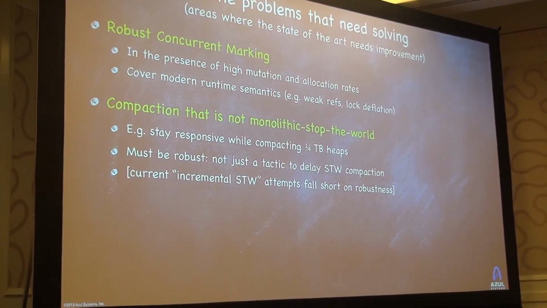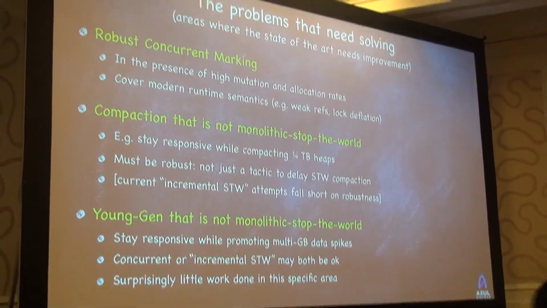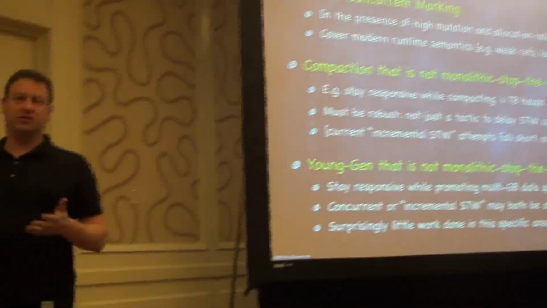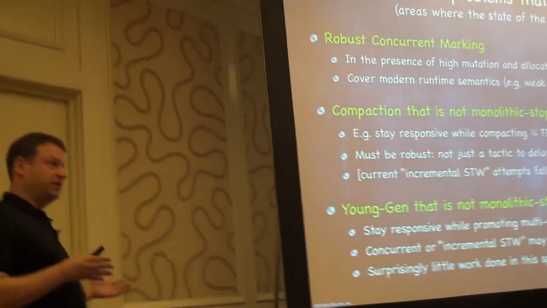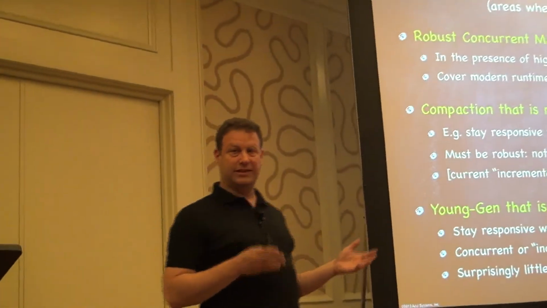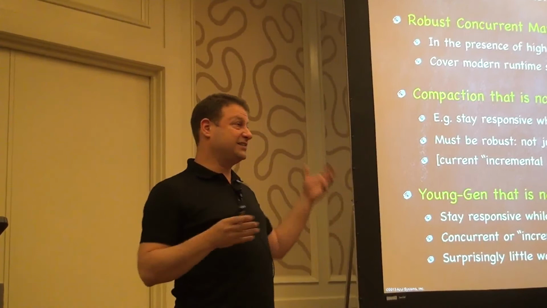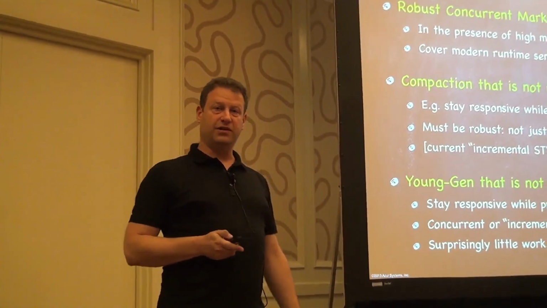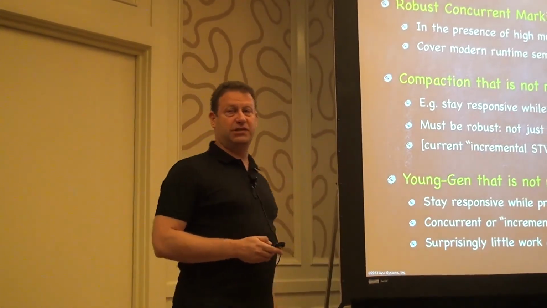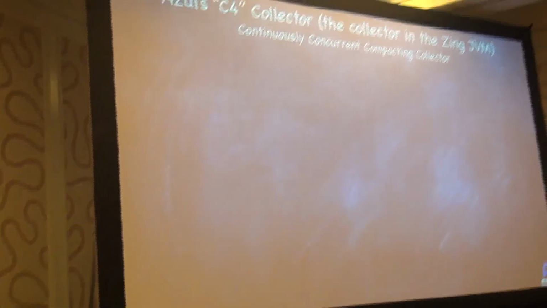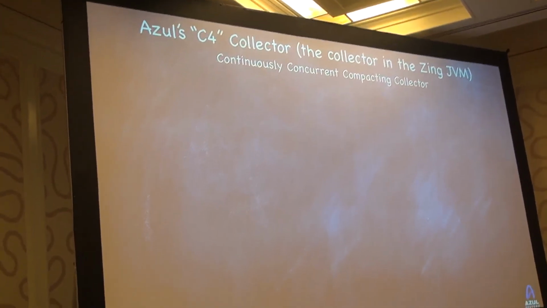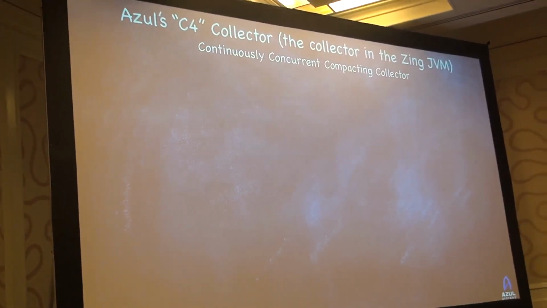Concurrent compaction would be ideal. And then the young generation actually has to be not monolithic stop-the-world. If we want a 100 gigabyte heap, we better be ready for 3 gigabyte promotion. In a monolithic stop-the-world world, that's as big as the biggest pause you currently have. It has to be non-monolithic stop-the-world. Again, ideally concurrent. This is where we come in. Our C4 collector, classified using the same terms,